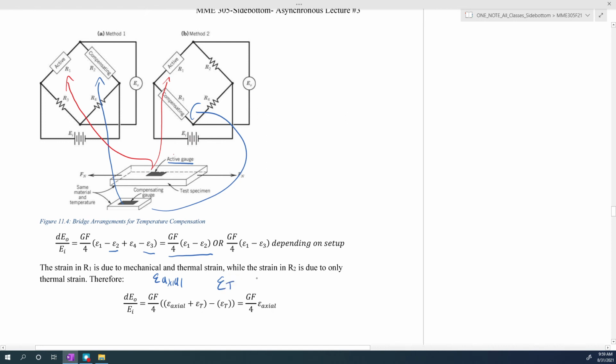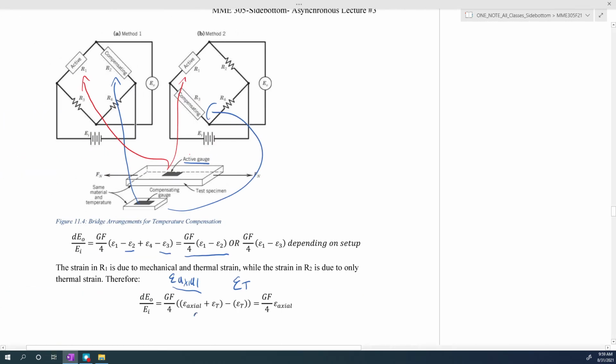Okay, so if we set E1 equal to E axial plus E_T, and E2 or E3 we set to be E thermal, we get that the thermal components of our strains will get canceled out and we're left with just the output voltage being a function of that axial strain. Okay, so that's nice for us. All right,